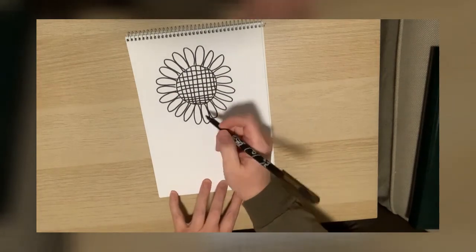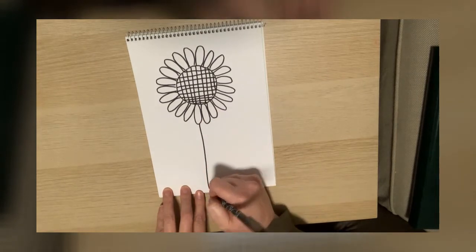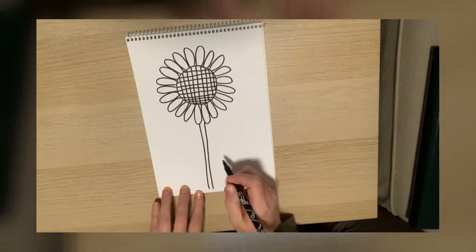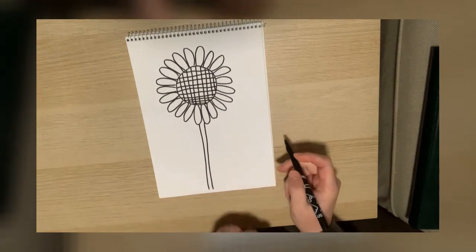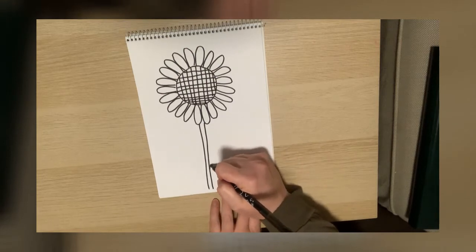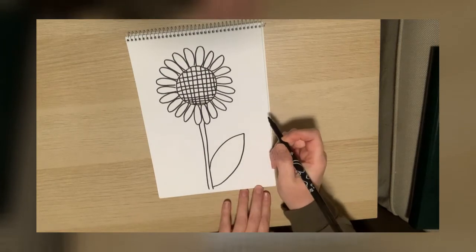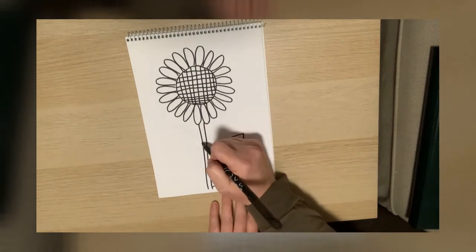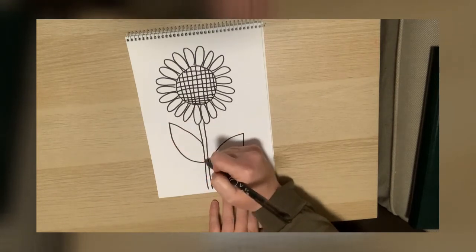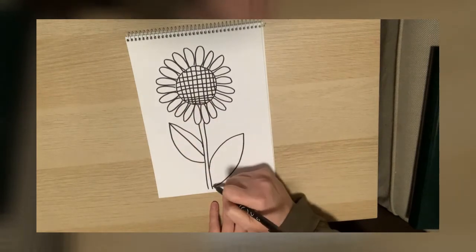Now I'm going to draw the stem. Now, if a flower is this big, then it needs to have more than that for a stem. So we're gonna make 2 lines side by side, call those parallel lines. I'm gonna put those side by side. Now I'm gonna draw some nice leaves, curved, stop, and come around, curved line. Then I'm gonna come up a little bit higher and do the same thing on this side. I'm gonna connect those,